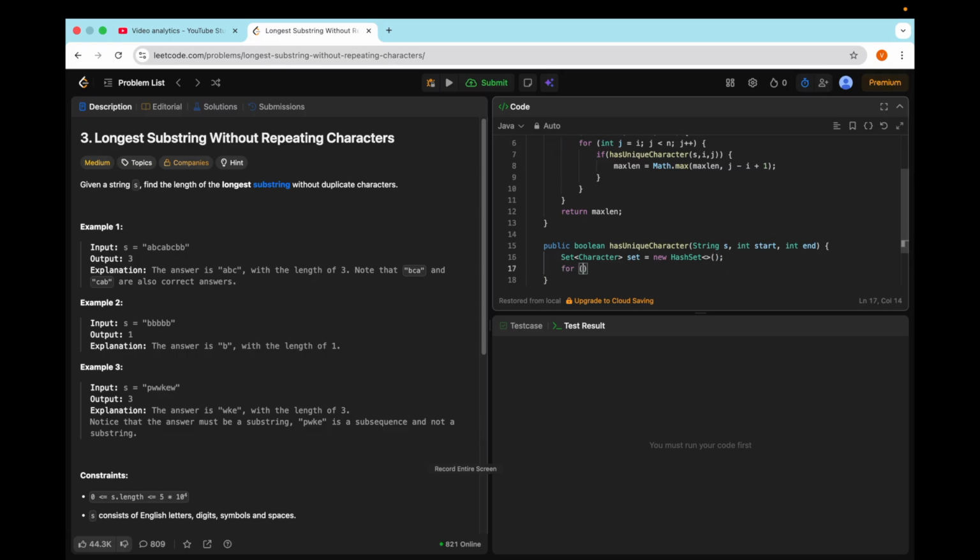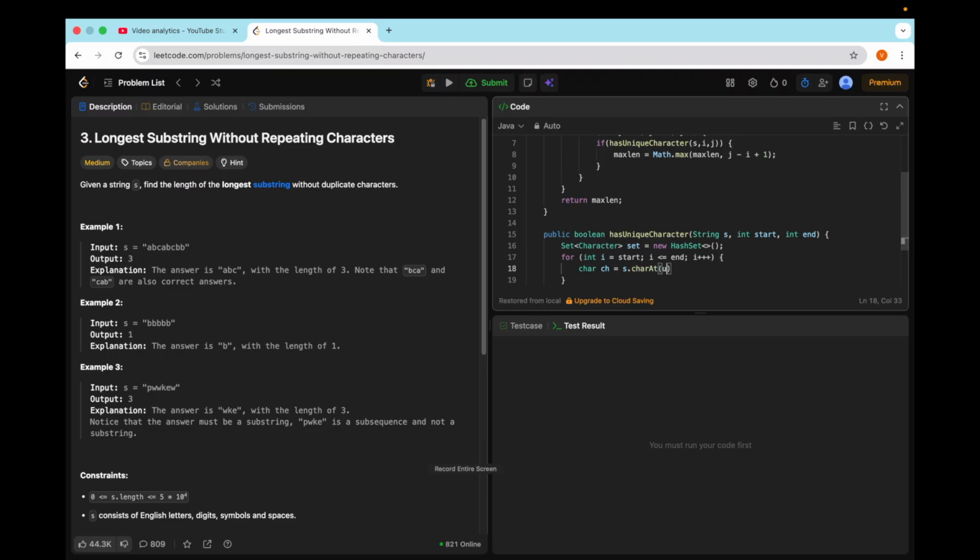Now we are going to take a for loop: int i equals start, i smaller than or equal to end, i plus plus. In this, I'm going to check. Basically, let me just get the character as well. My character is going to be s.charAt(i), right? So once I get the character, I'm going to check if this particular character is present in my set or not. So set.contains